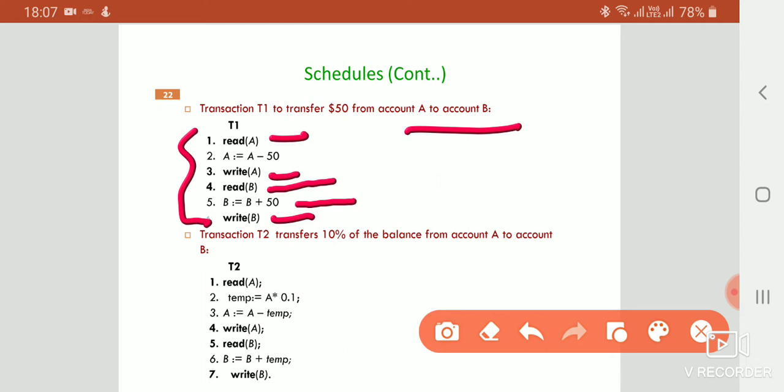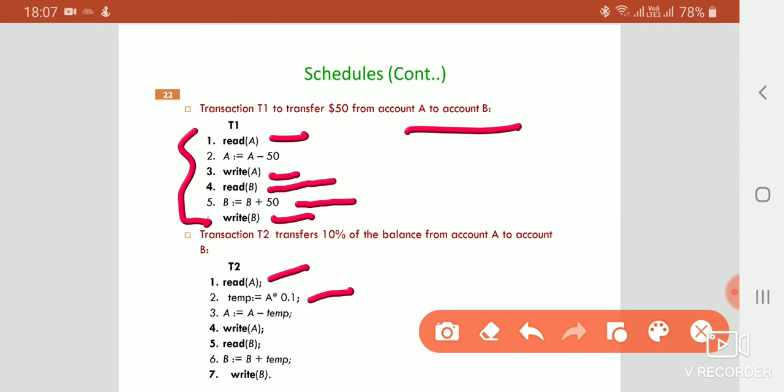The next set of instructions is transaction T2. What we are doing here is transferring 10% of the balance from account A to account B. Initially it will read A, then temp is equal to A into 0.1, that is 10% of A's amount held in a temp variable.